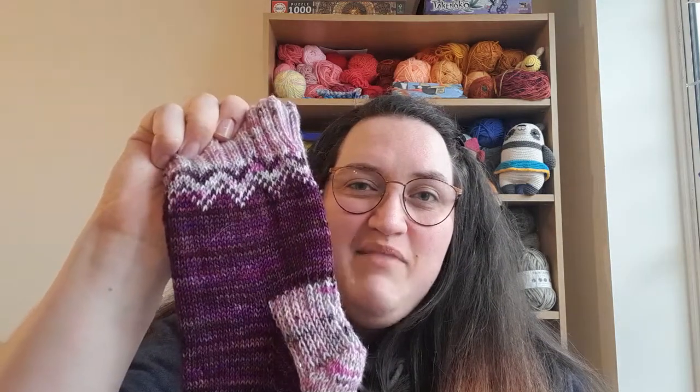and do some colour work and pattern work and things, because maybe not lots of people are going to see them, but I'm going to see them when I choose them in the morning to put them on and throughout the day. And sometimes it's nice just to look down and think, oh, I made those, and oh, aren't they a nice colour? And that's a clever bit of colour work there. So that's my aim, to treat myself and replace some of my other socks. So that's 3 pairs of socks